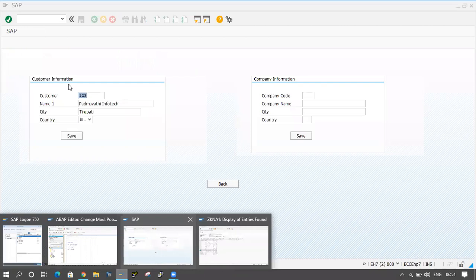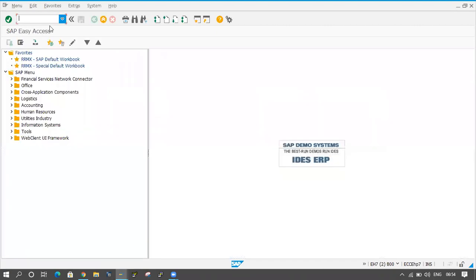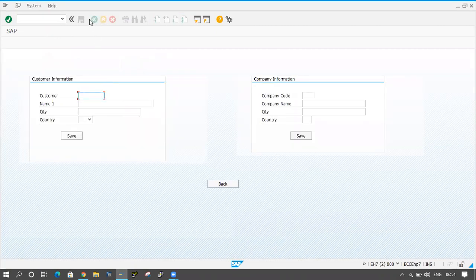And one more thing, here I want to activate the back button. I don't want this back here, I want to activate this one. So whenever I execute the program, click on the back button and execute one more time, giving the transaction name and clicking enter, at that time the screen comes like this, right? And here also I want to apply the back button functionality. I don't want this one, I want to activate this back button. By default, by executing the transaction name, I want to display this back button in active mode.